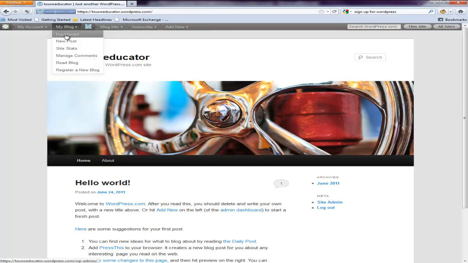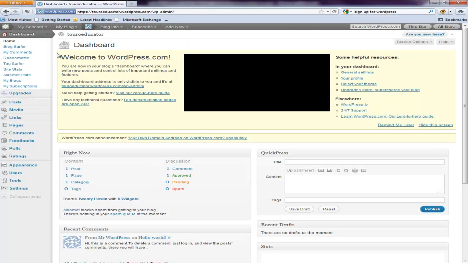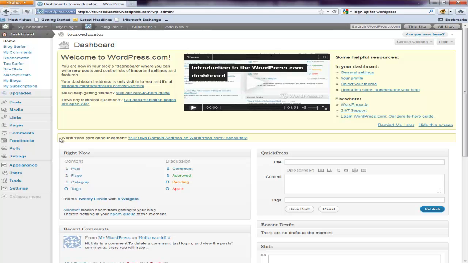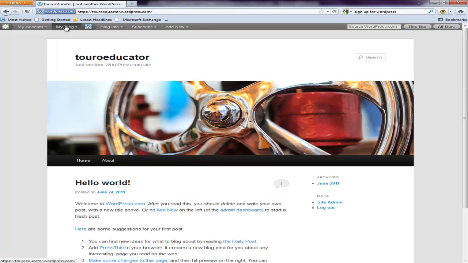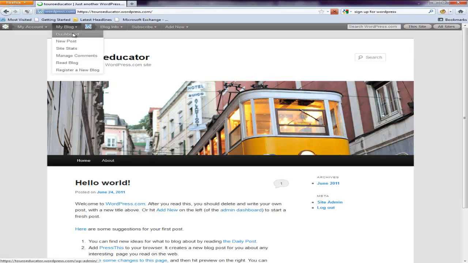I'm going to go back to my dashboard. In case you missed that, that's all I did. So right now I'm on the dashboard. If I click on the My Blog button right here, I go back to what other people would see. It's a way you can do it without having to log in and out. You can see it from both sides. Alright, so I'm going to go back to my dashboard,